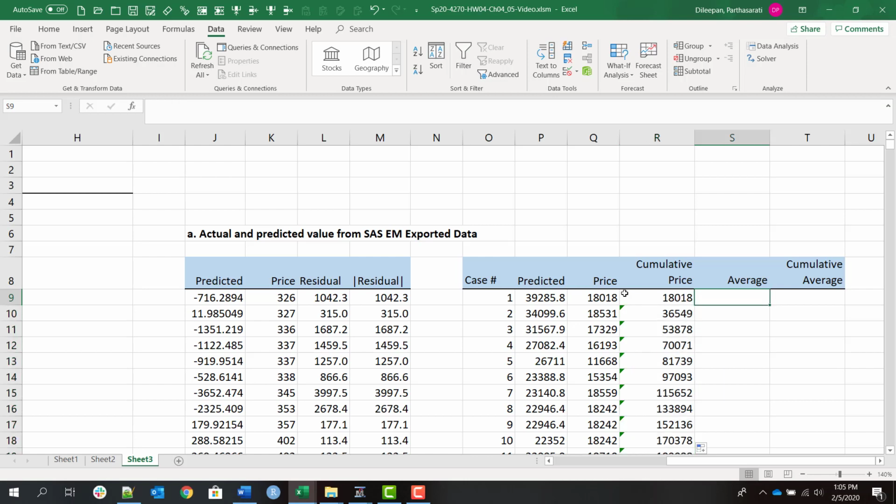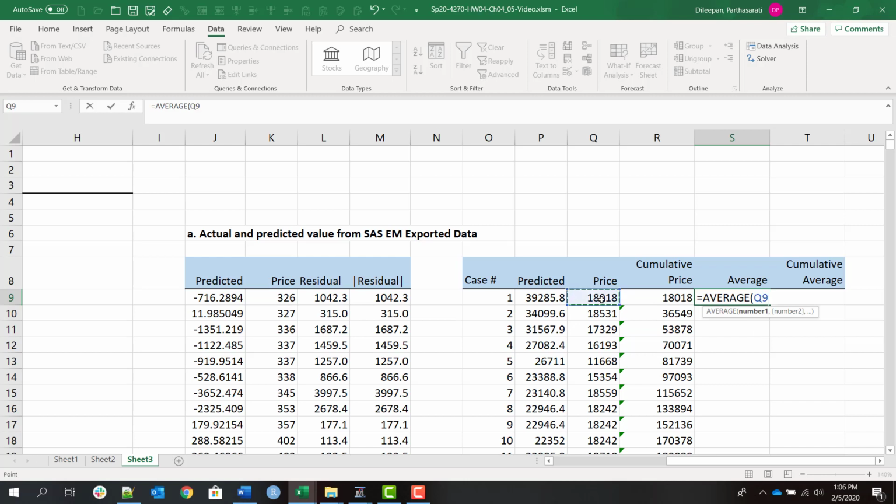Okay, now the average price. So we are going to compare the cumulative actual against the cumulative average. Okay, is the prediction, when the actual prices are sorted by prediction, are we getting better results in sorting than just the average? So here we do the average